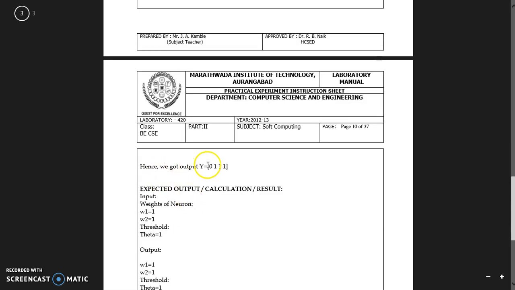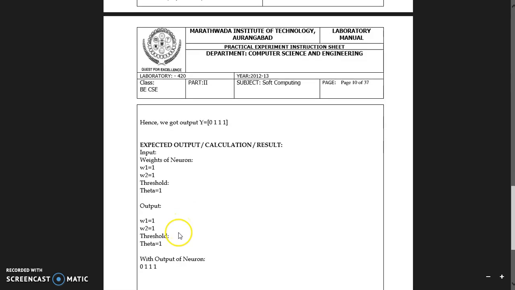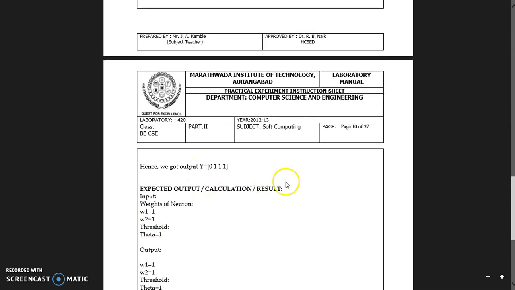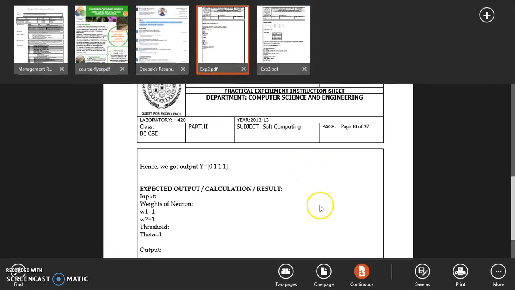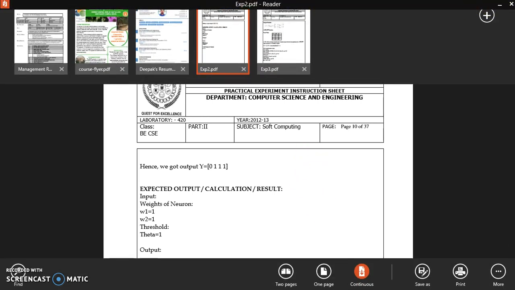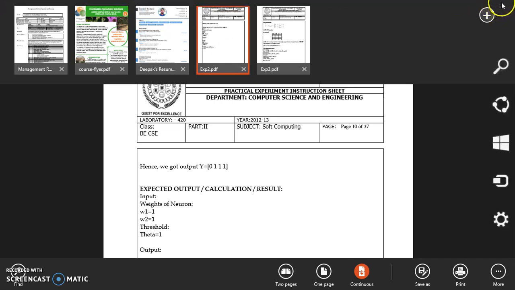So we will get here the actual y, that is 0, 1, 1, 1, and this is the expected output that is present. When you compare this actual y with the target y, both are equal. So then we have to stop this training algorithm, and in the expected output we can print: the weights of the neurons are this and the threshold is this. So for this, the McCulloch-Pitts neural network model is possible. Now we have to write the experiment in Scilab for this McCulloch-Pitts neural network model.